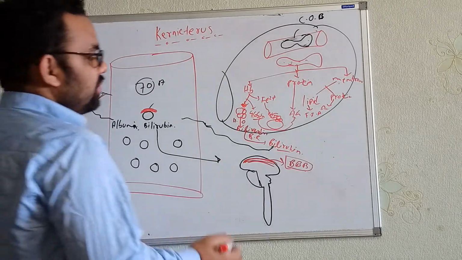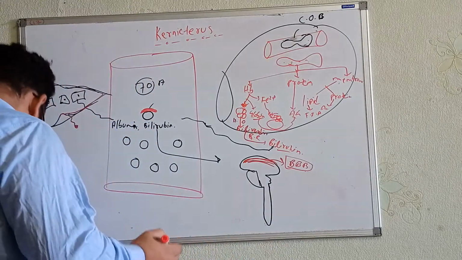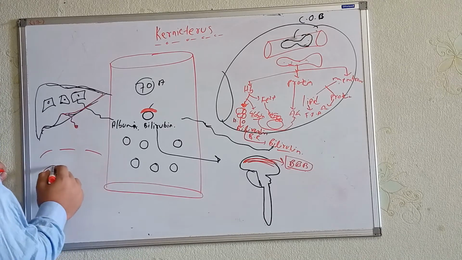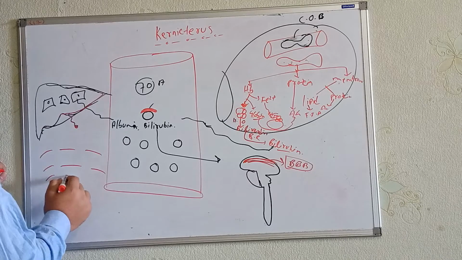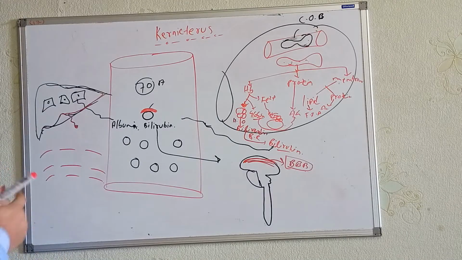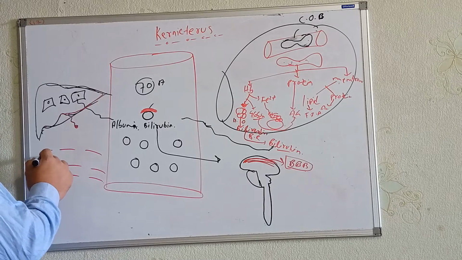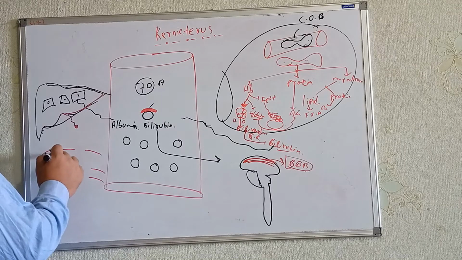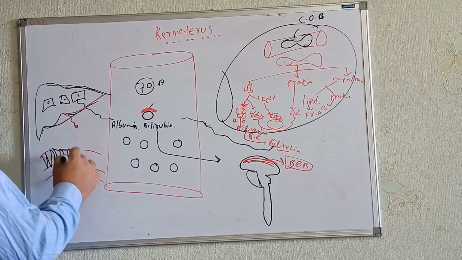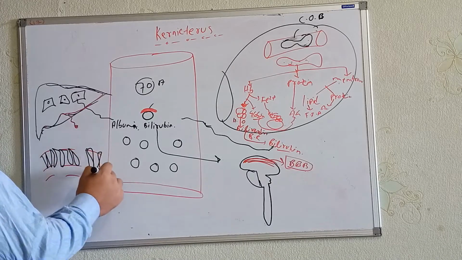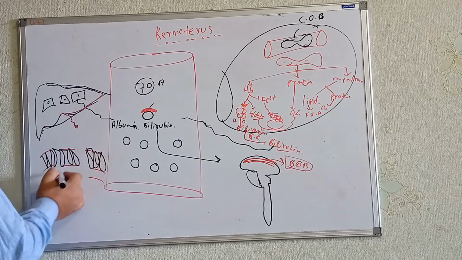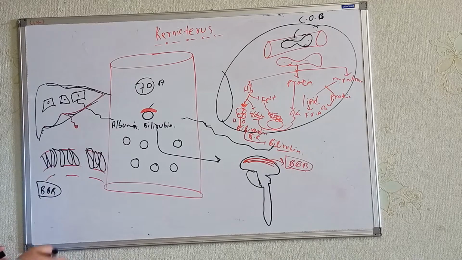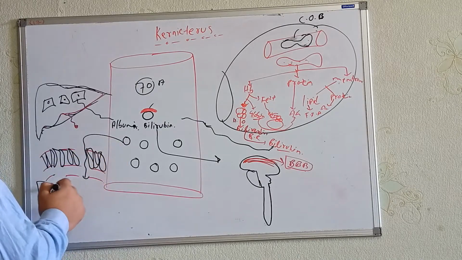Now what's the problem here? We know that within the neonates the blood-brain barrier is not developed properly. For example, we know the structure of the blood-brain barrier. So we know in between the cells, the astrocyte cells, definitely there will be some cells. So as the blood-brain barrier is not developed properly, there is a chance there will be some gap. So within this gap, this bilirubin can pass, and they can come within the brain.